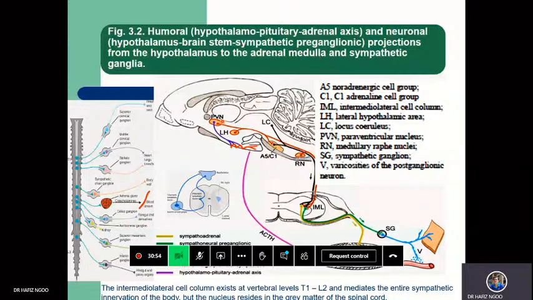Okay, you have here the paraventricular nucleus going through and directly innervating the intermedullary cell column. This is basically the sympathetic center, the paraganglia that is present along the spinal cord, on the gray matter. Okay, the butterfly of the spinal cord, starting from T1 until L3. This is where all these